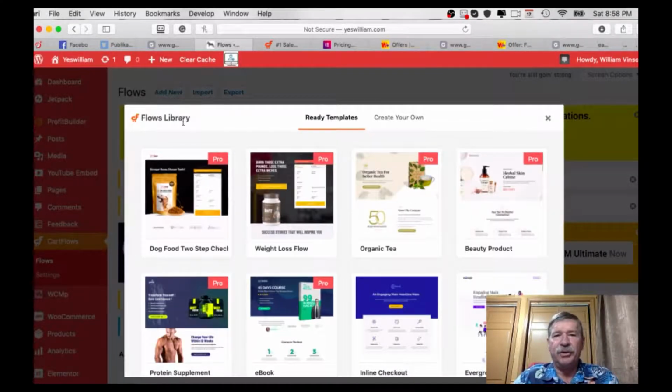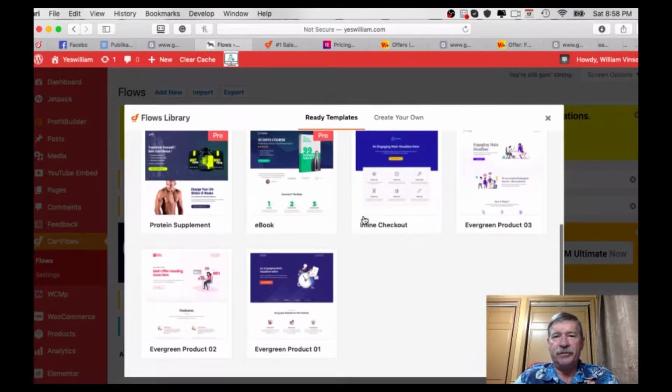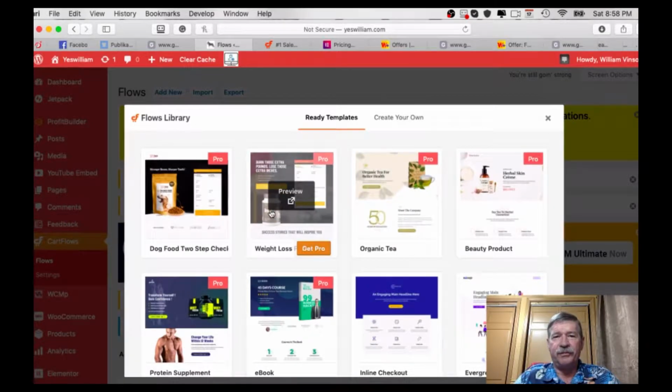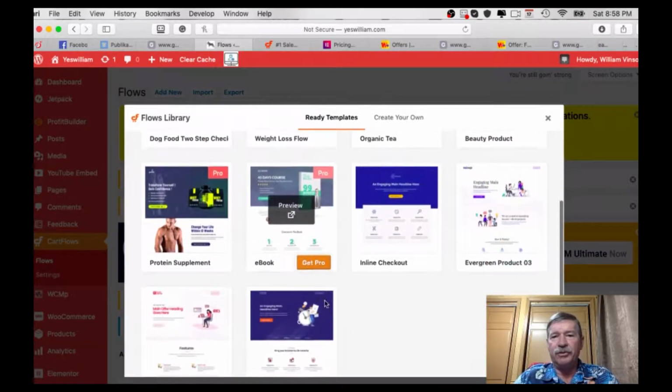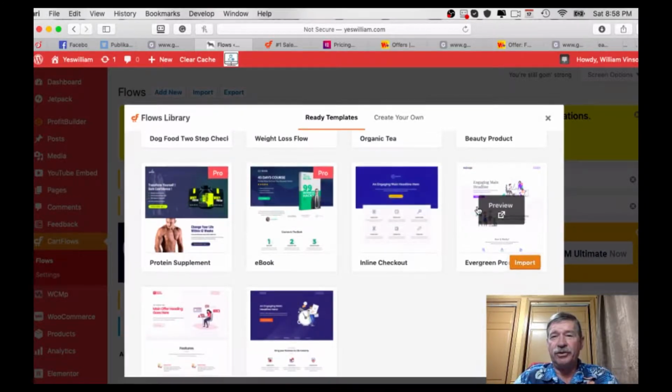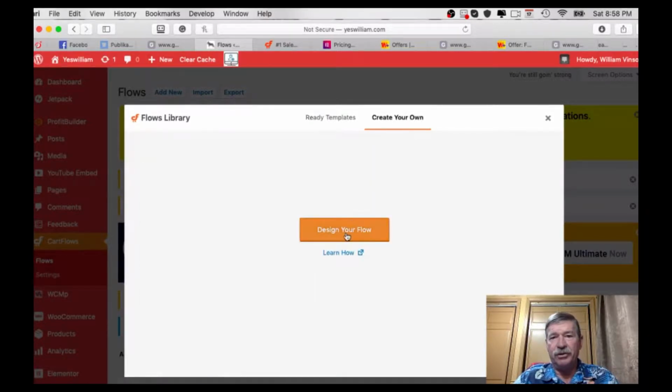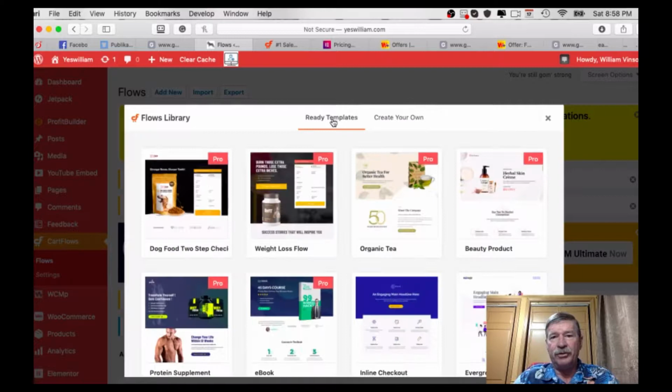You go to Flows, here are your templates for building funnels. You can preview all these pro ones if you want to, but you're not going to be able to use one. The ones that you're going to be able to use are these 4 here, or build your own. So you just design your flow. But in the ready-made templates,